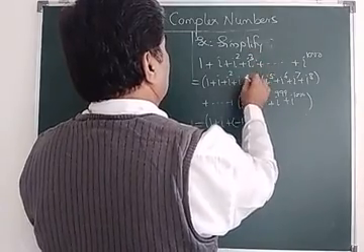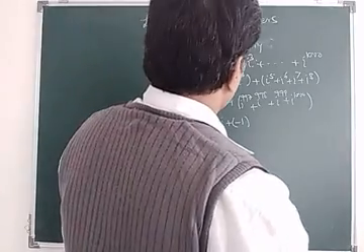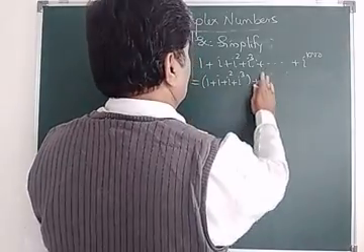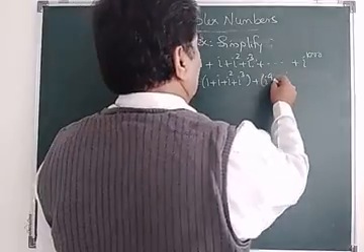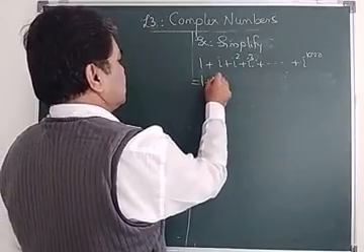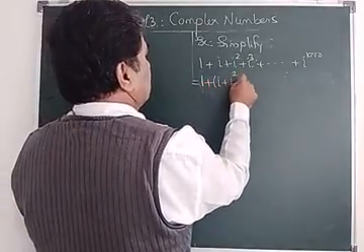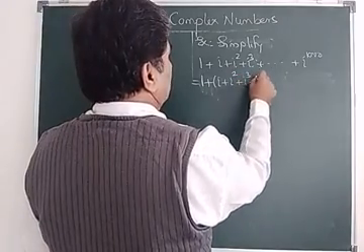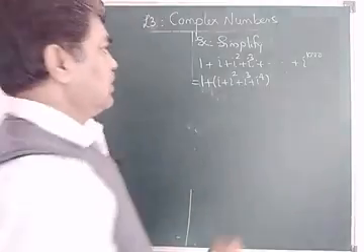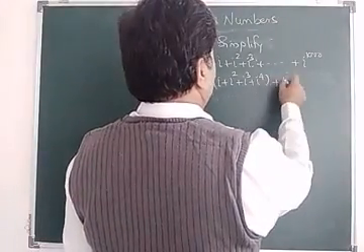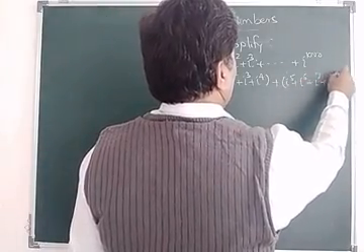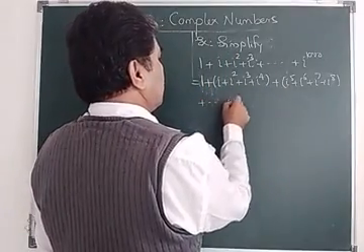So this is just up to i cube. Then i raised to 4. We'll make adjustment in another way: 1 plus i square plus i cube plus i raised to 4, plus i raised to 5 plus i raised to 6 plus i raised to 7 plus i raised to 8, plus so on up to